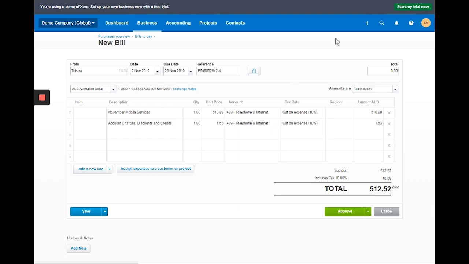Okay, but I'm just showing this one as an example. Let's say this is an Australian account and you're processing a bill for an Australian account. I'm just showing how you should process it. Okay, so there you go.